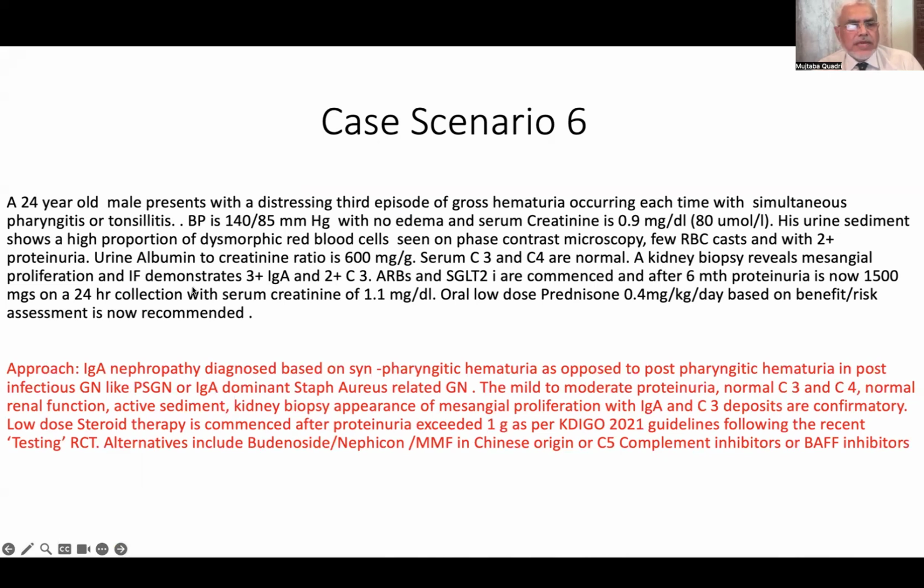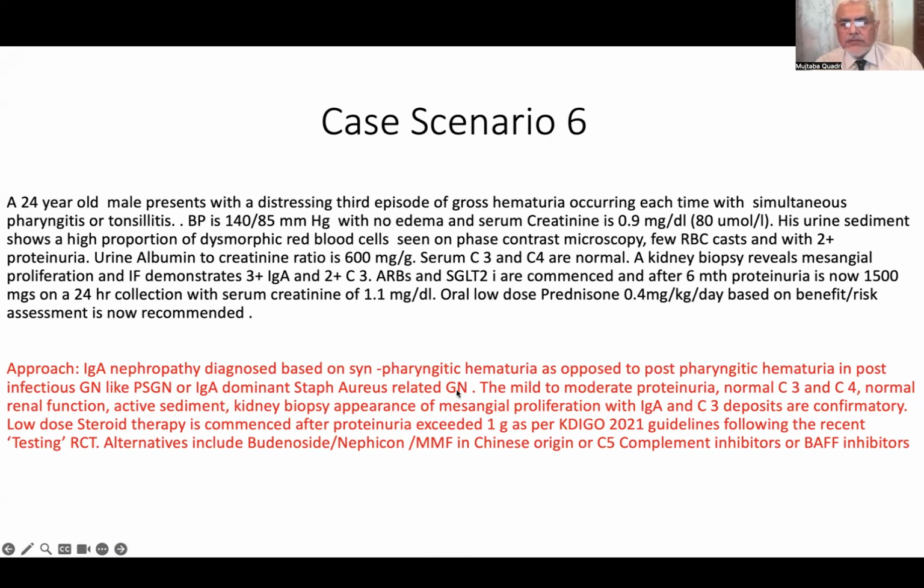Kidney biopsy reveals mesangial proliferation. Immunofluorescence reveals 3+ IgA, 2+ C3. Ours when SGLT2 inhibitors are commenced, and after 6 months, the proteinuria is still significant. And so, based on the TESTING trial, prednisone 0.4 mg per kg per day is started, and it appears to be